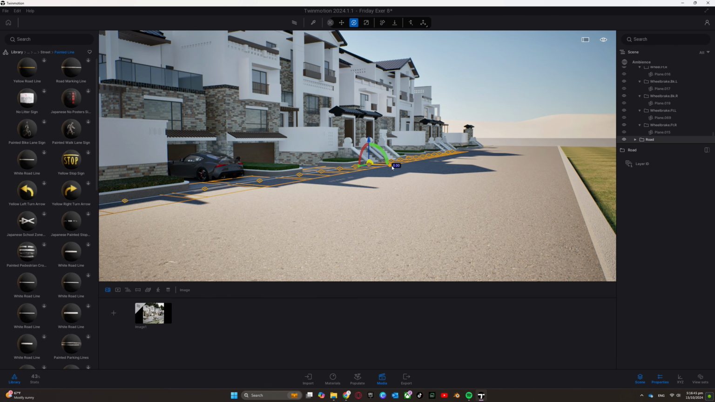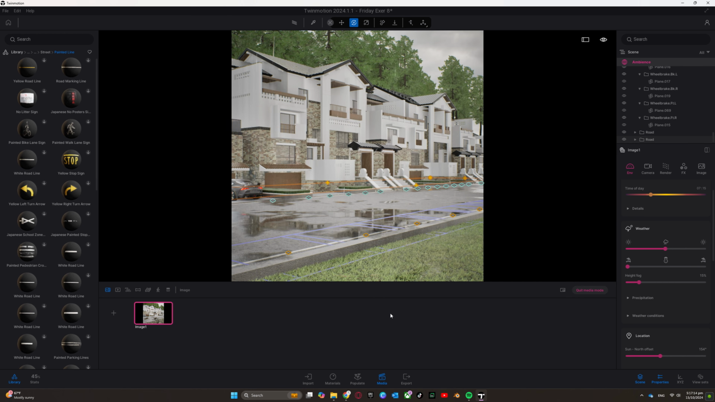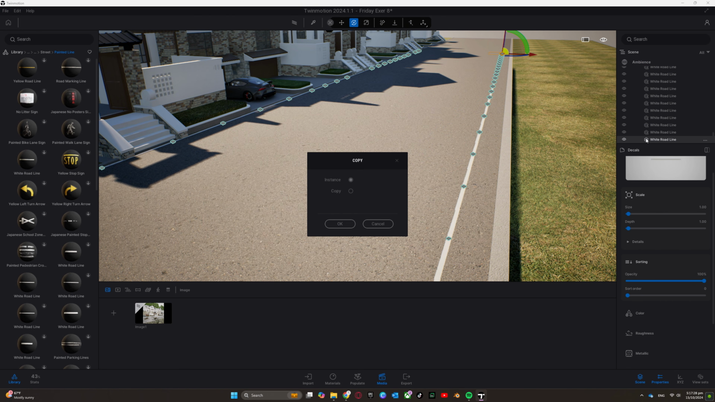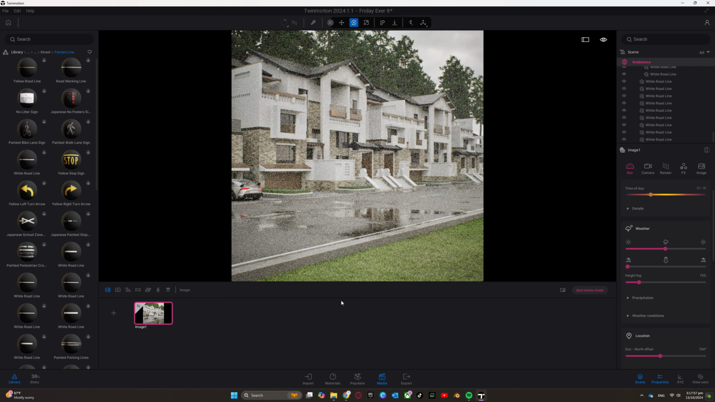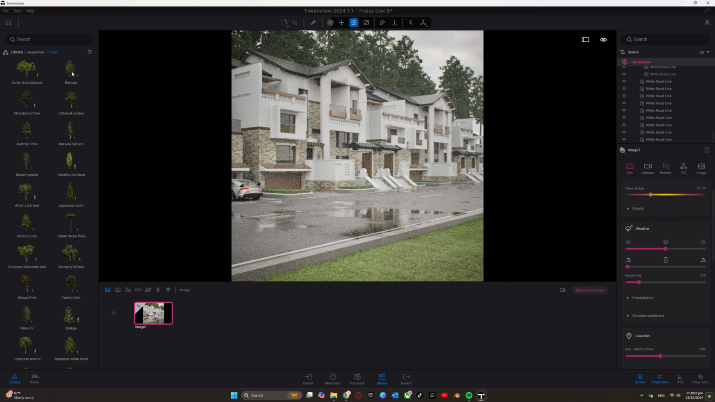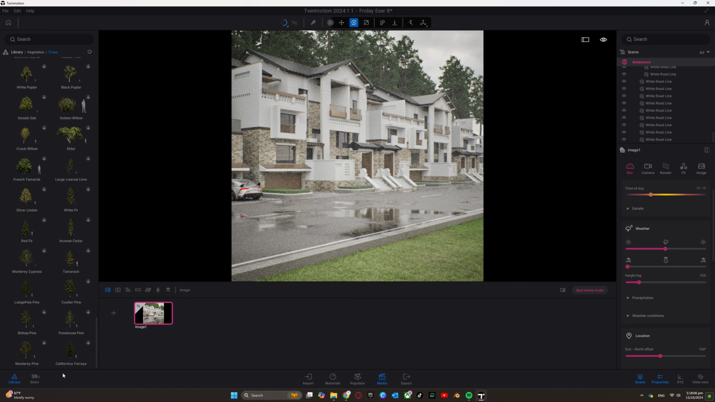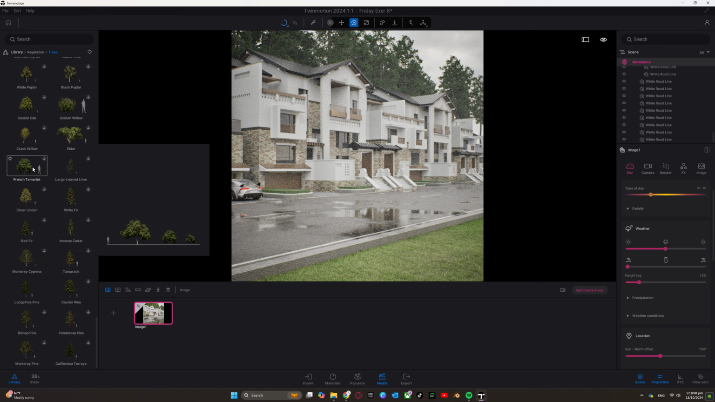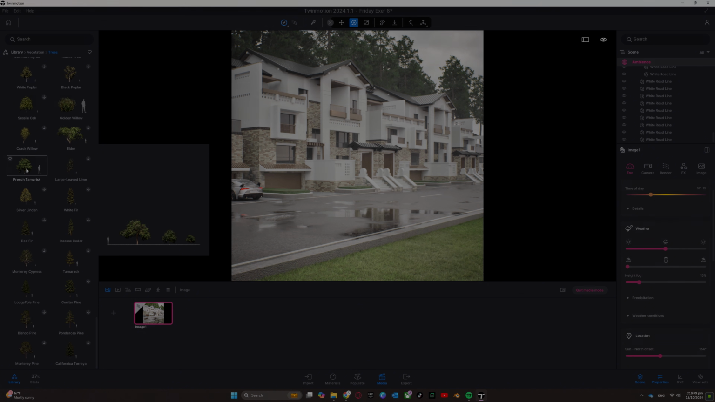Once I have that, I'm just going to duplicate them across to the other side. And then I will also add some in the middle. Just like that. Now I'm going to add some vegetation. So I'm just going to download this French tamarisk tree and a golden willow here, as these look quite nice